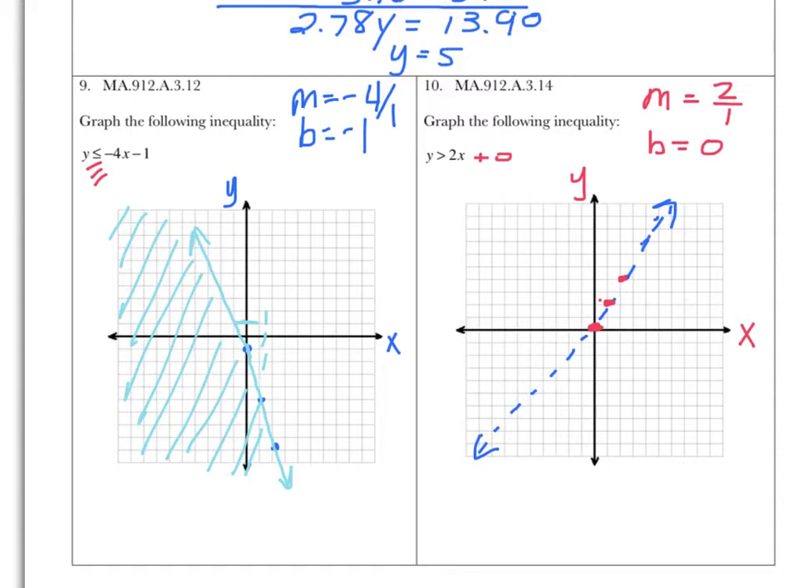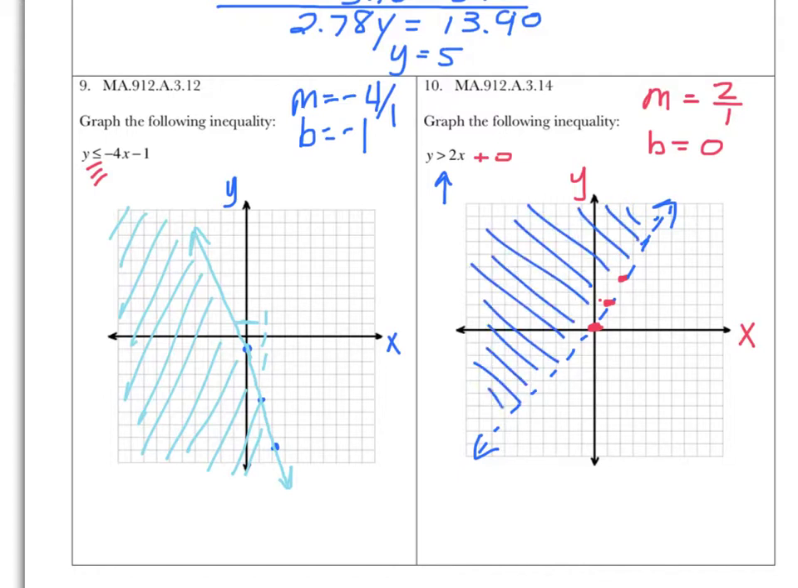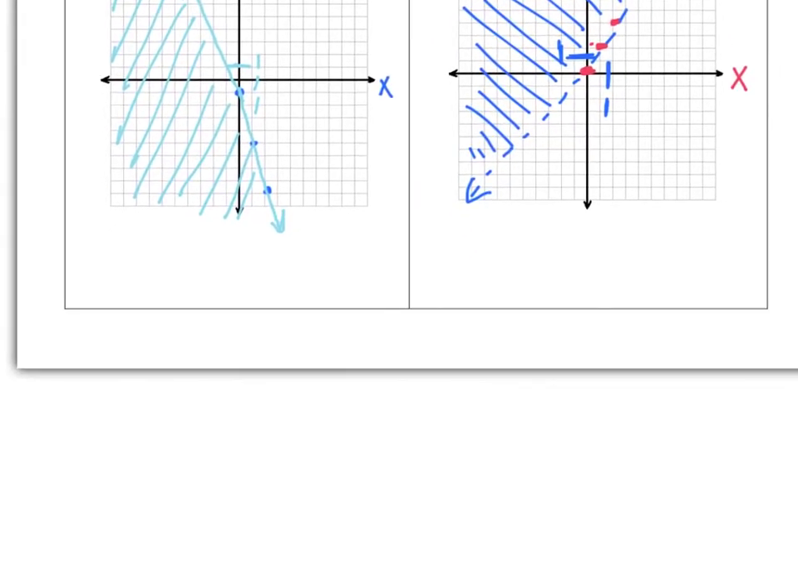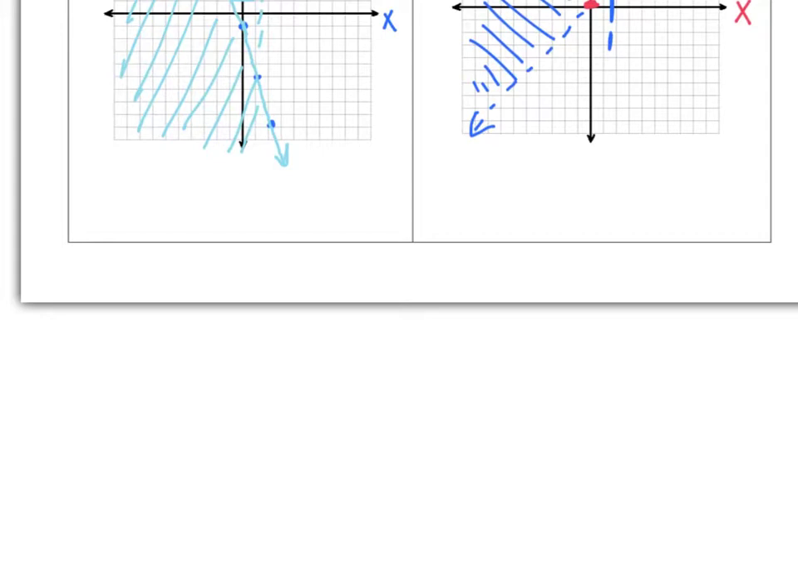And now I have to determine where I'm going to shade. It's greater than, so I'm going to shade everything above the line. And that's it. That's my graph. I just got to label my axes. Do a better job than I did. I didn't really get them on the grid, but I think you get the idea. Slide here where